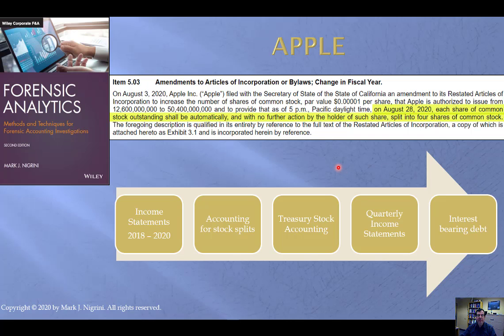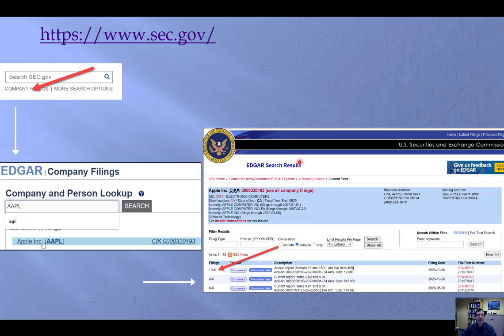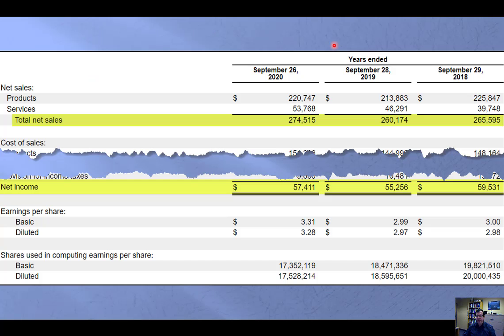So, Apple, where do I get my information from? www.sec.gov, top right, company filings. Enter AAPL, Apple's ticker symbol, and then go through and click on the Form 10-K, which is their annual report. So, for the year ended September 2020, we have